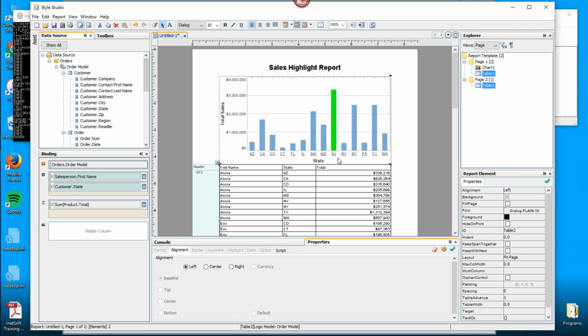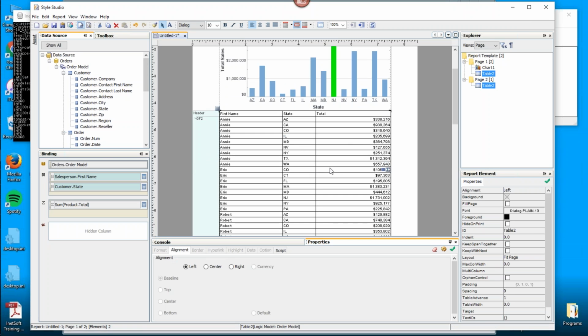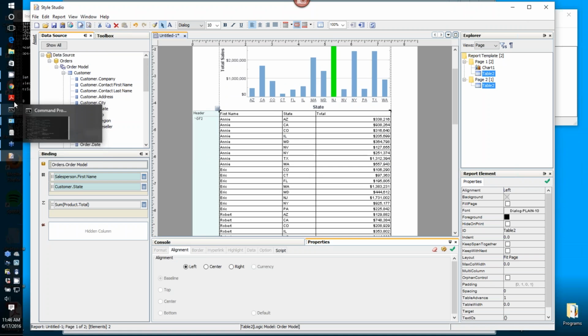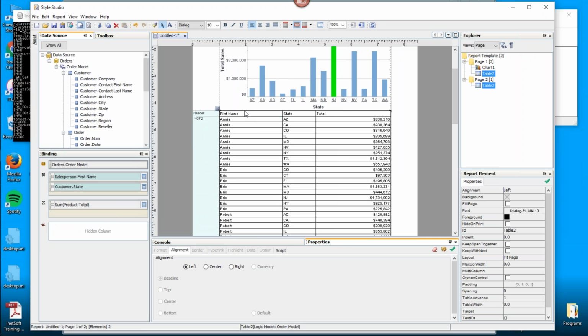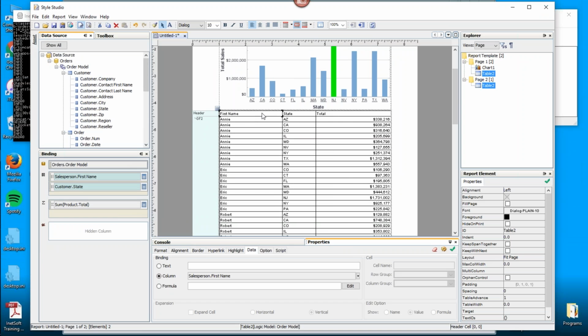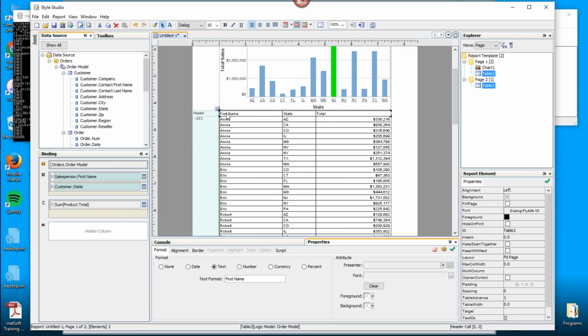Okay, so let's see what else we need to change over here to this table. So I'll go back to the slide over here. It looks like there's some basic formatting just on the first row. So that's not a table style. This looks like just some ad hoc formatting. So we can do that, and then we'll just apply the highlight. So let's go ahead and do those two things. So we'll apply some ad hoc formatting on this title row.